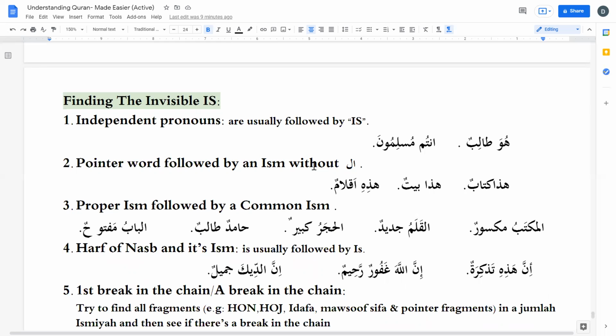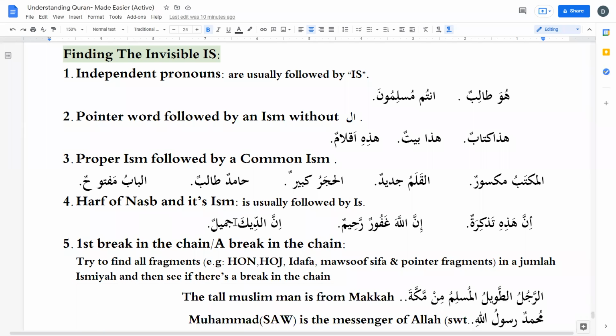Is in translation comes after a pointer word, which is followed by an ism without al. Okay, important: without al. And "is" comes after an independent pronoun in a Jumlah Ismiyah. Okay, now the fourth condition, the fourth grammatical clue,